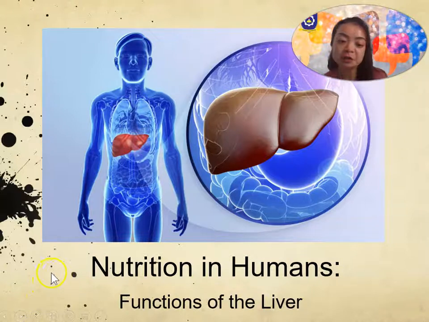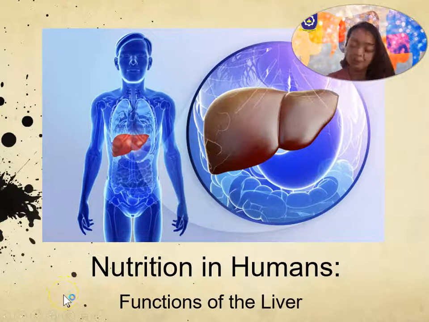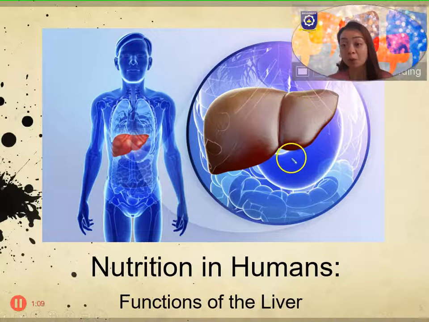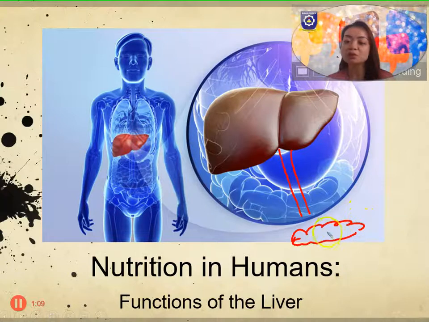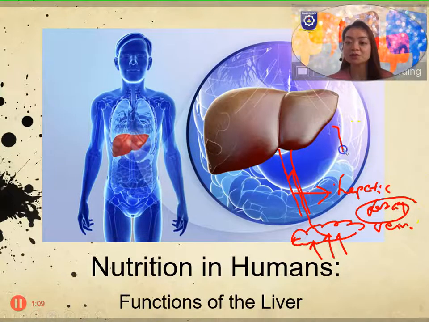Alright, so today we are going to be talking about the function of the liver. So we know that the liver is actually connected to the small intestine, not directly, but indirectly by a blood vessel known as the hepatic portal vein. So you just imagine that this is your small intestine. Whatever glucose that has been absorbed into your small intestine will then be transported via your hepatic portal vein. So why do we call it a portal? Because it's in between two places. So it brings the blood directly from the small intestine towards the liver,